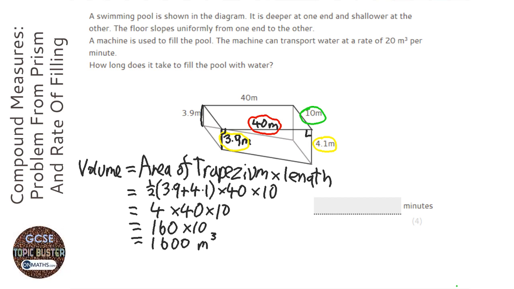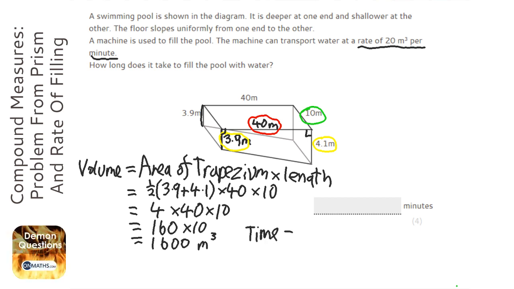Okay, now it says that it fills up at a rate of 20 meters cubed per minute. So every minute it's going to fill up 20 meters cubed. So this tells me, so I'm going to say time, this tells me that I'm going to have to divide it. I'm going to find out how many 20s there are in 1,600,